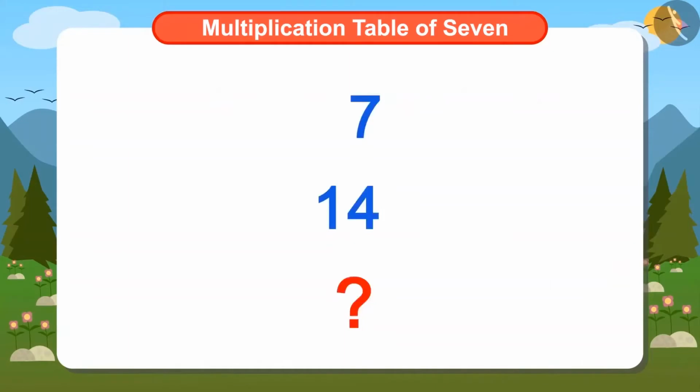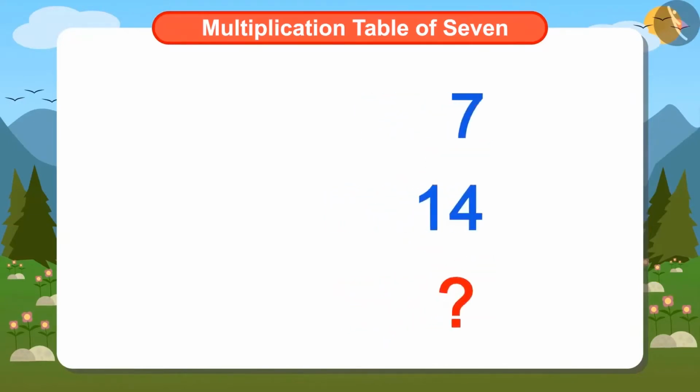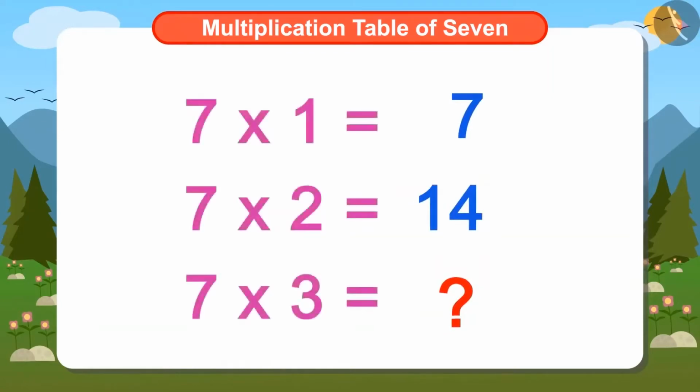Suddenly Ayushman remembered that he had done such a calculation earlier too. Do you remember where we did this kind of calculation first? You are absolutely right. We have done this kind of calculation while learning multiplication tables. So is this also a table? Oh yes, this is the multiplication table of 7.